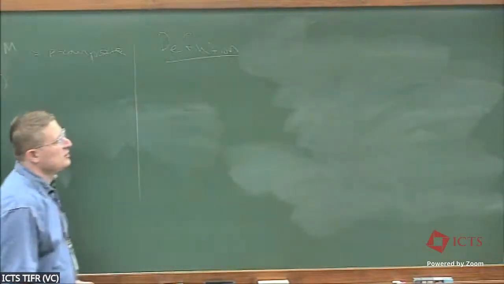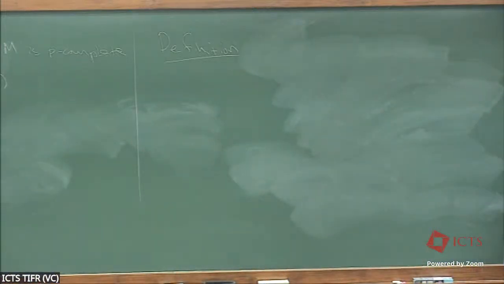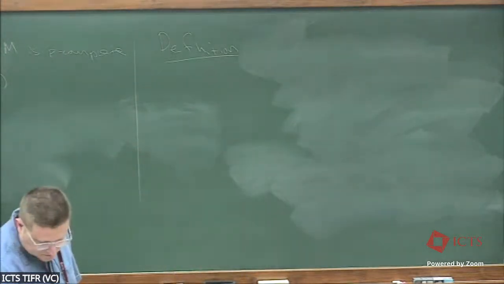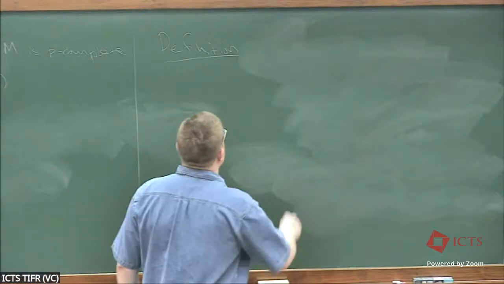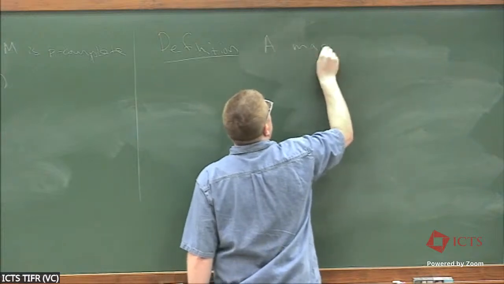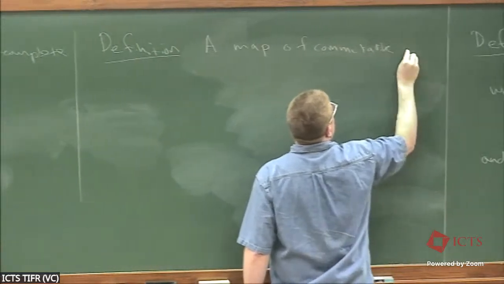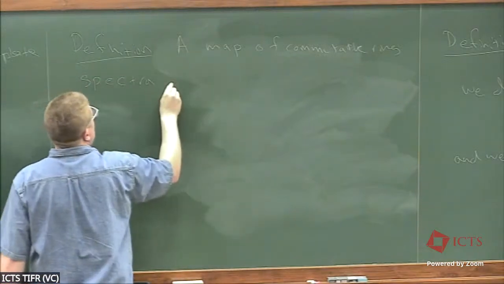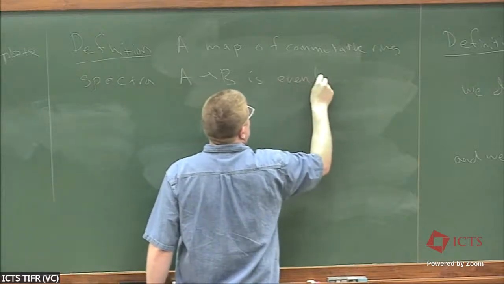Okay, so to actually compute with it, we're going to need some kind of nice notion of covers. So if you're thinking about this in algebro-geometric terms, and you had some Grothendieck topology, and you want to think about some kind of nice covers. So the nice covers that we're going to work with are evenly free maps. So a map of commutative ring spectra from A to B is called evenly free